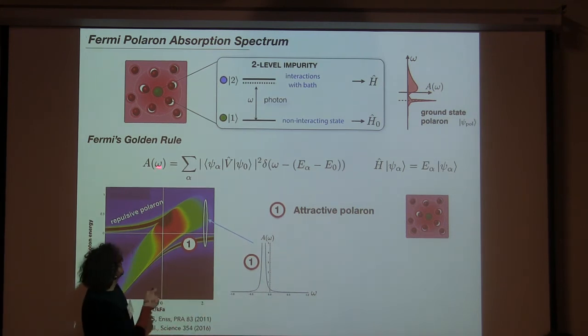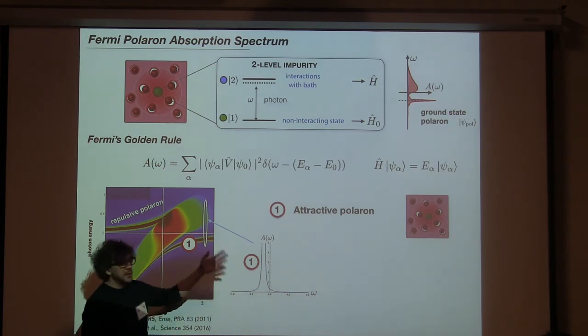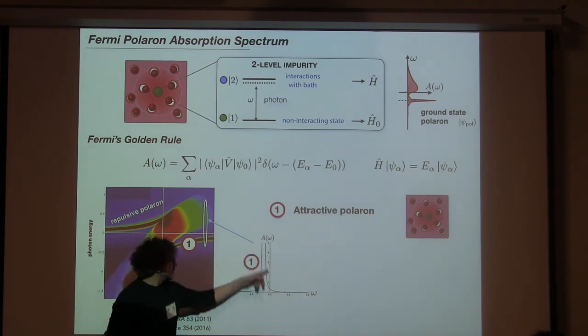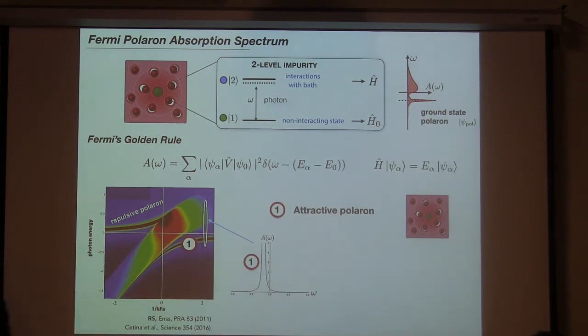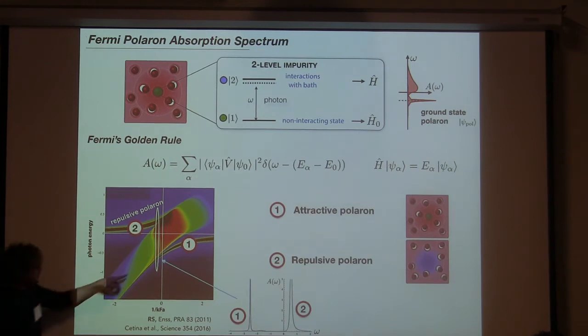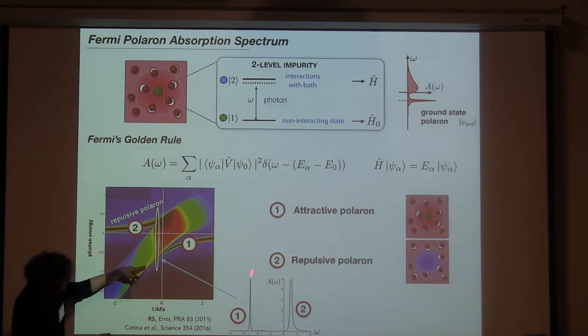We then plot the absorption spectrum by the imaginary part of this object. We get a peak somewhere in the spectrum. If we plot here a line, we then see a big peak and then something here. If we go to stronger interactions, we would see a peak. Then we would see a little dimple here.